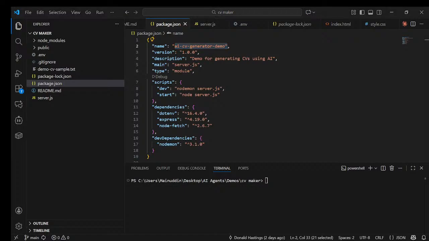We'll give it a version number and then a description. It's a demo for generating CVs using AI. And main, that is the entry file for Node if someone imports the package. And the type, it's a module. So this is important. It tells Node to use ES module syntax, which is import and export instead of